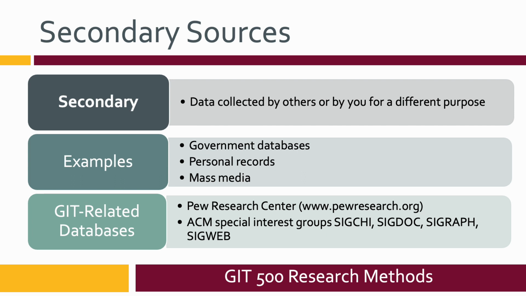I just put these here because these are two really good GIT related databases for secondary sources. The Pew Research Center, and then the ACM special interest groups, which include SIGCHI, SIGDoc, SIGGRAPH, SIGWeb, and those are groups that collect and publish their own research, and you can use that information as it applies to your